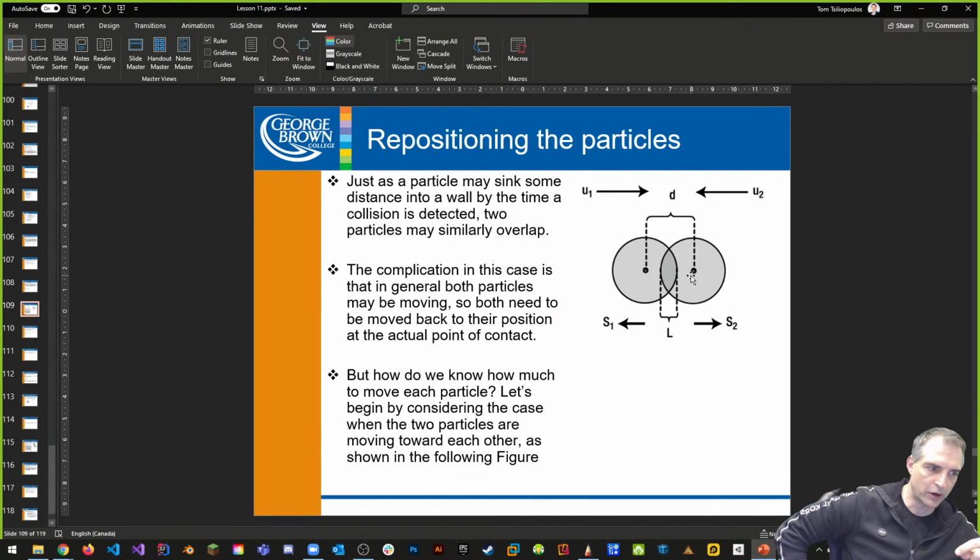If one particle is traveling faster than the other one, then the position of the bounce is going to happen towards the right. Let's say, for example, this particle is moving faster than this one, it's going to be moving towards the right. If this particle is moving faster than this one, it's going to move towards the left, where you're going to do the bounce, as an example.